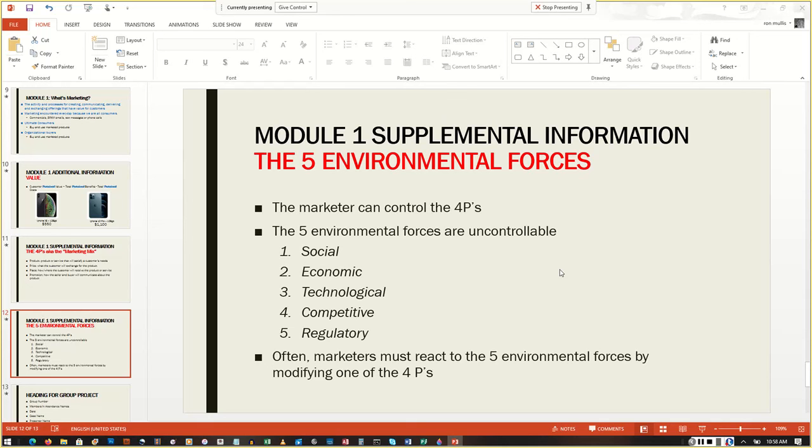The competitive environment, this represents what the competition is doing. The smartest marketers are always watching to see what others are doing so that they can stay competitive. If you think about a company like McDonald's, McDonald's always tries to stay ahead of its competitors like Wendy's and Burger King by introducing new value meals, or the $1 menu, or different combinations to try to get people to pay attention to their products as opposed to paying attention to their competitors' products.